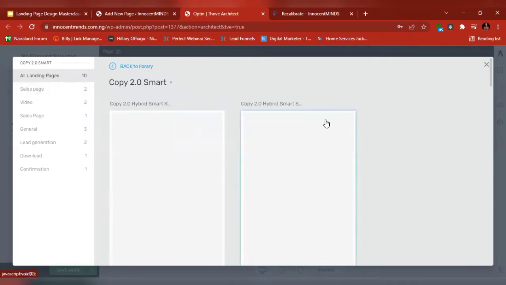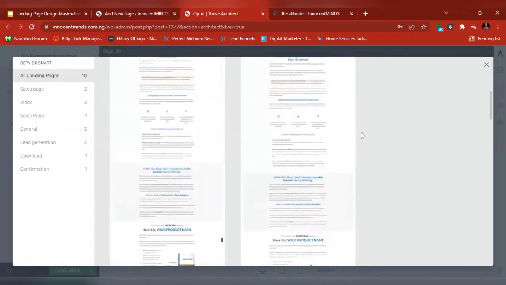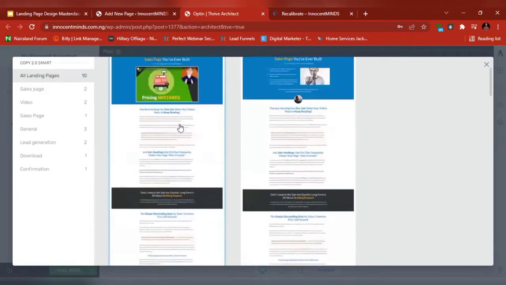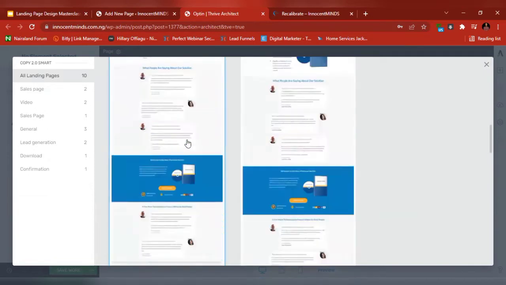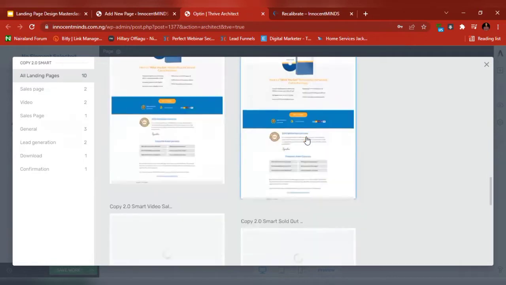It's like a plugin built for landing pages, opt-in pages, sales pages, and all of that, okay? Now when we scroll down, you can see this is a long form sales copy. If you want to use a long form sales copy for your product or your service, you can choose from any of these ones